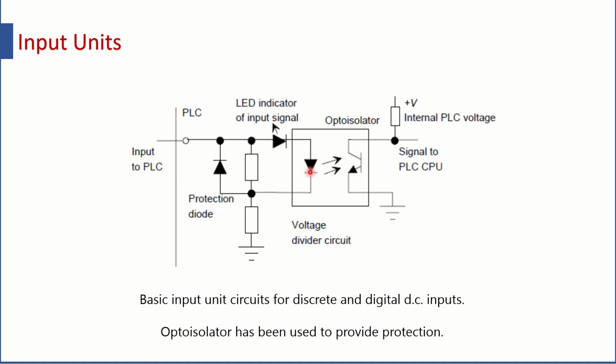this part. If this part is damaged, then it is a very tough condition because your opto isolator and the entire card has to be replaced. So therefore this protection diode is there. If there is a reverse signal, this diode will be shorted and the signal will be going to ground, like